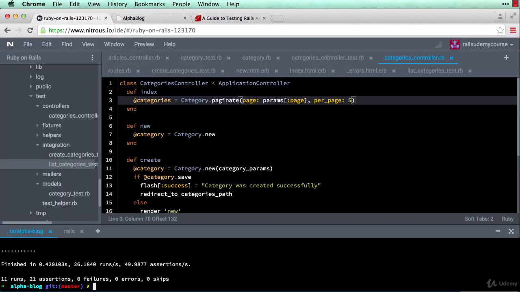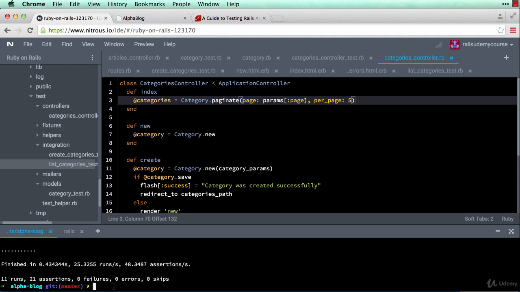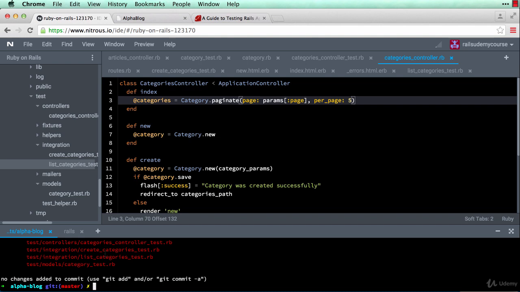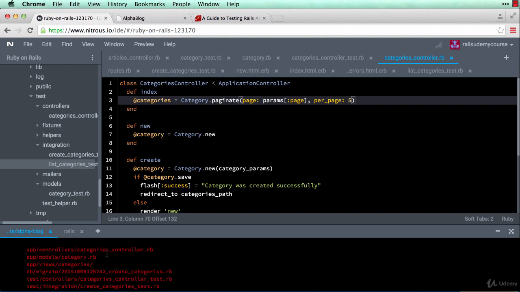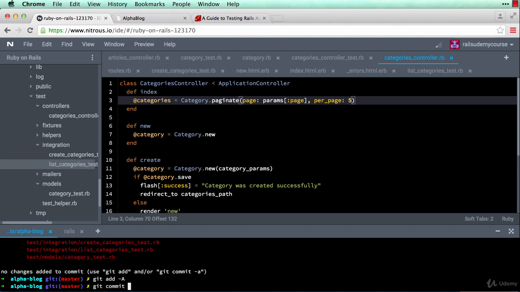So back to my IDE, I'll ensure one last time that I run my tests and everything passes. It does. Now we haven't made a commit in a while, so I'm going to go ahead and commit my code. So git status, and I'll see lots of updates because we added all of these tests and modified some existing items as well, added entire categories feature so far. So git add -a, git commit -m,